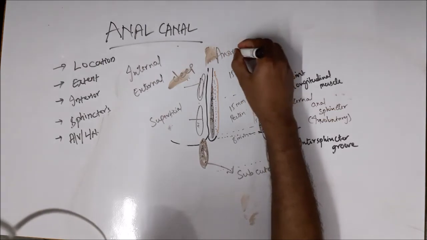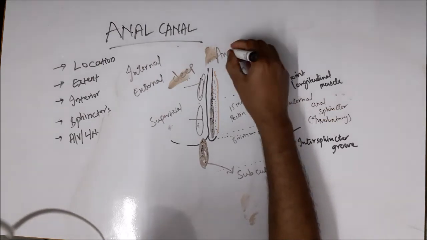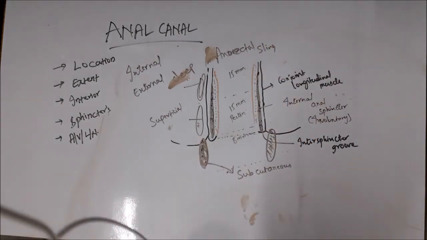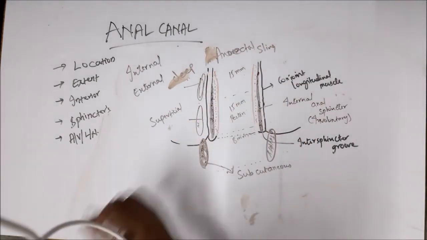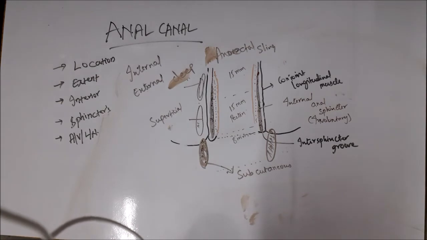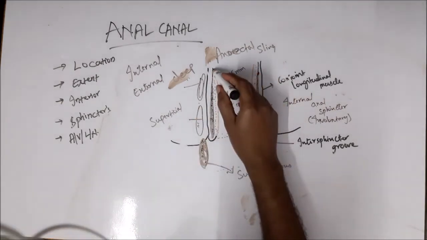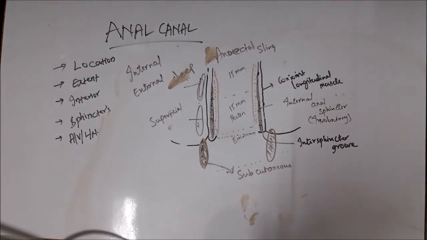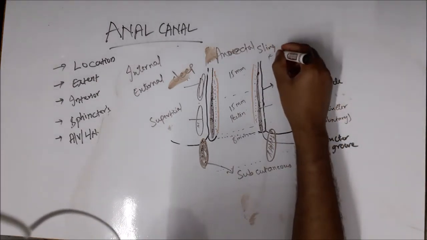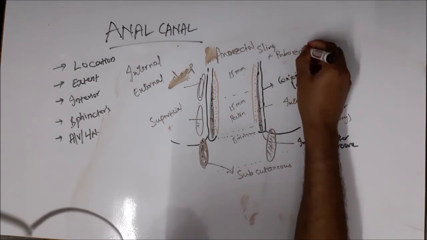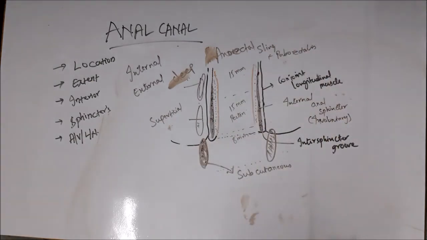So what is this anorectal sling? It has three constituent parts: uppermost fibers of the deep part of the external anal sphincter, few fibers from the internal anal sphincter, and few from the puborectalis muscle. They form this anorectal sling, which is concerned with the continence